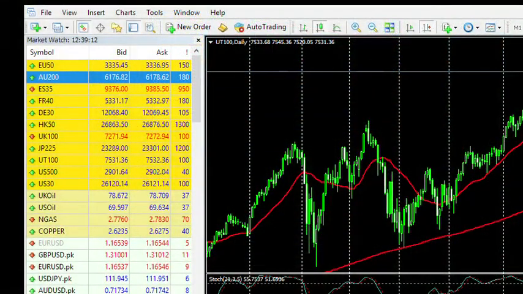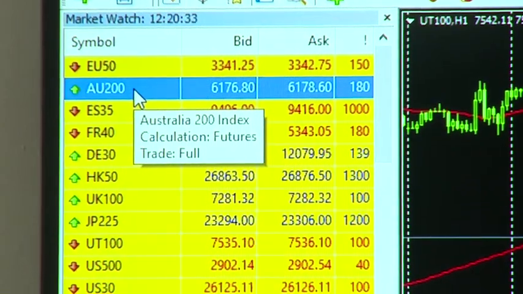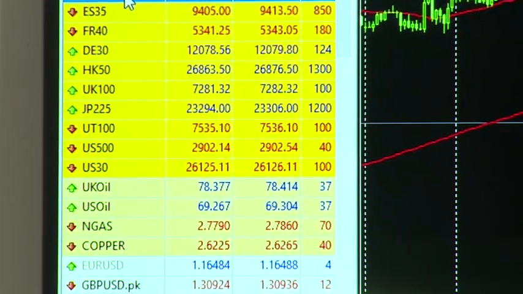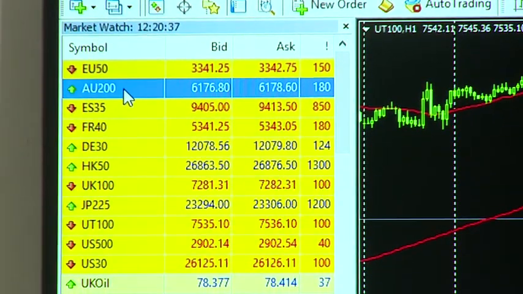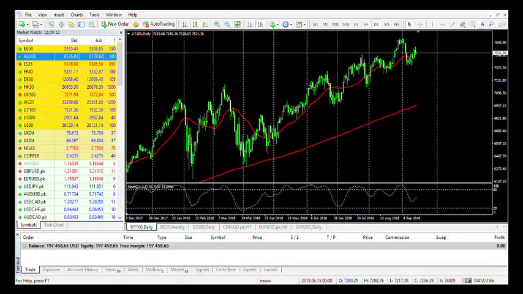That same concept is taken into our CFD markets, and we have several indices. We have 15 of them. The one here is AU 200. If you hover the mouse there, you can see it's the Australia 200 index. These are 200 stocks brought together to create an index. Essentially, when you're buying an index, you're buying all the stocks that make up that index.